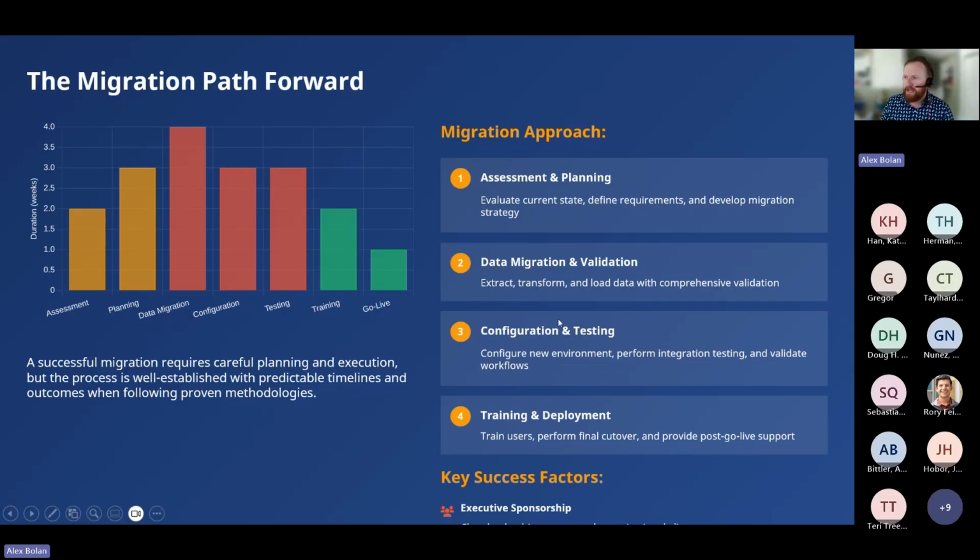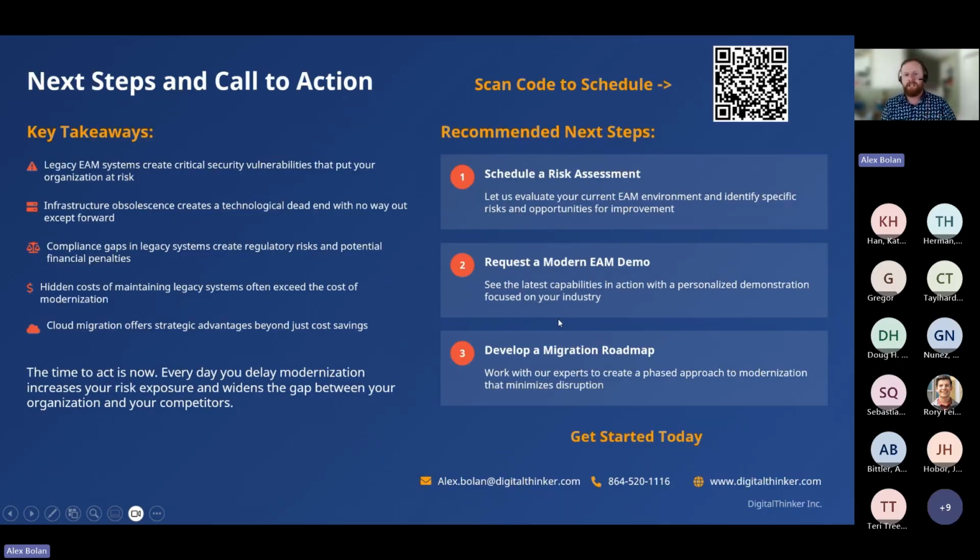So as we go to close out today, I'm going to leave you with a call to action and a takeaway. Every day you delay modernization, the problem is only going to get worse and potentially get way more expensive. Security vulnerabilities accumulate, infrastructure becomes more obsolete, and the gap between your capabilities and modern alternatives continues to widen. So you have a choice, and it's a pretty easy choice. You can continue, and I'm going to use the word pretending, that your legacy system is mature or just fine, while it is becoming a liability.